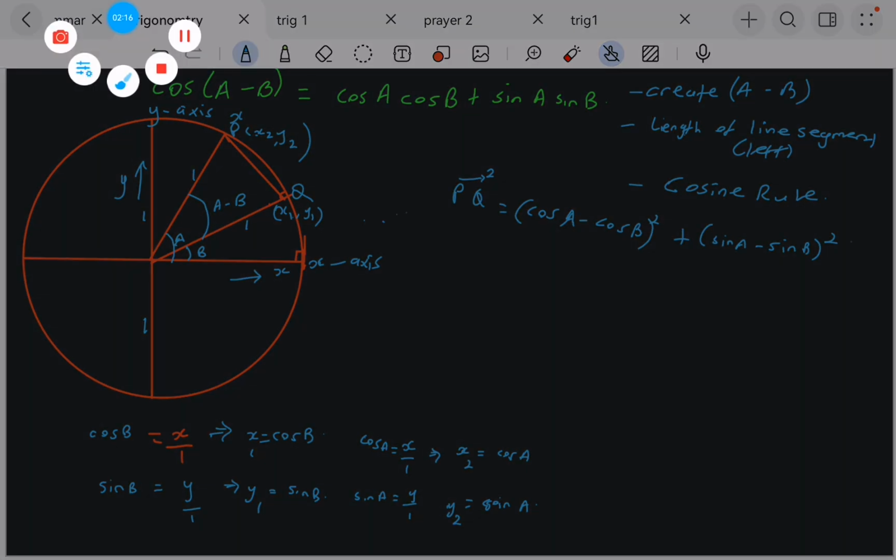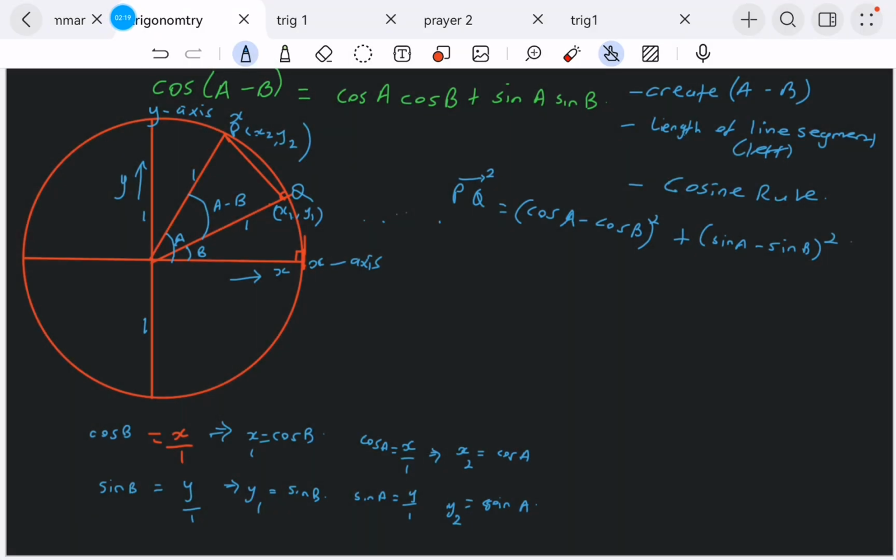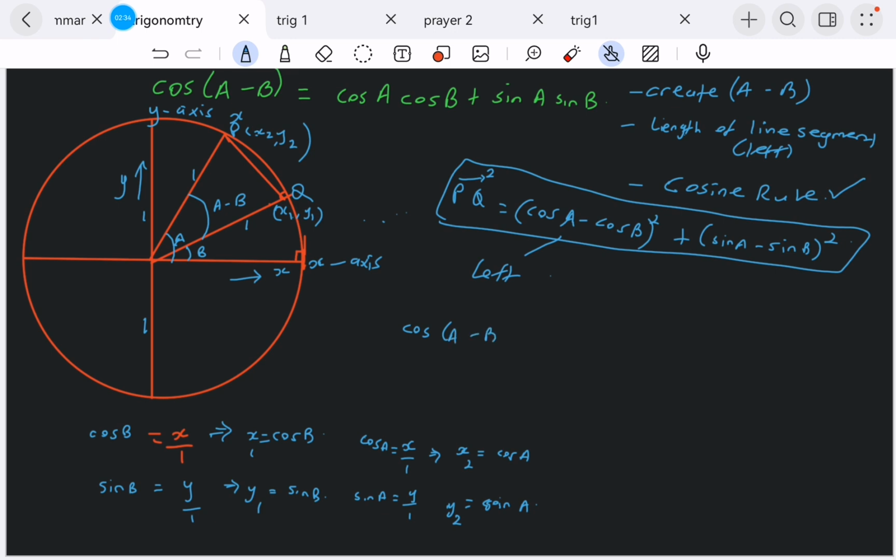So remember that this is going to go to the left hand side. Okay, now what do we have on the right hand side? We are going to use the cosine rule. Okay, so that means that the cosine of A minus B, which is this angle in the middle here, come on, read aloud, is going to be equal to,